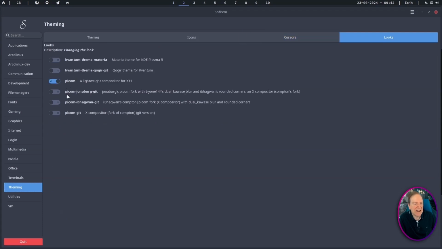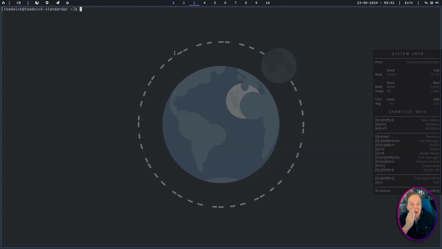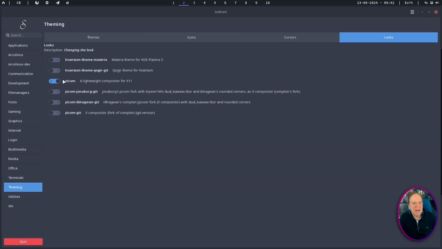Here we got picom, and you can see we got the picom Jonaberg and the other one there, I forgot what it was, but I'm going to actually add that because you can see the transparency there, but there's no blur. And I'd like to have a blur in the background on transparent windows like the console. And here we got this